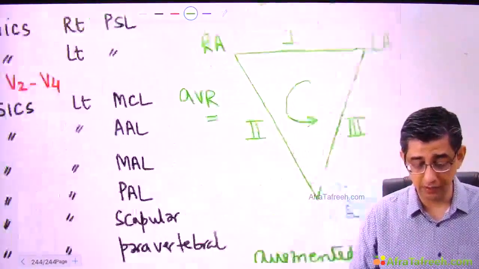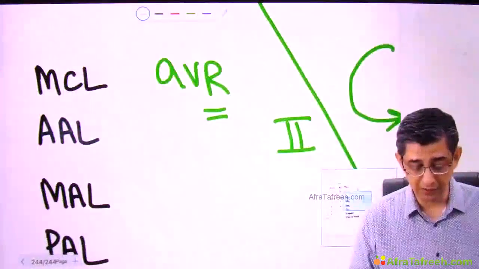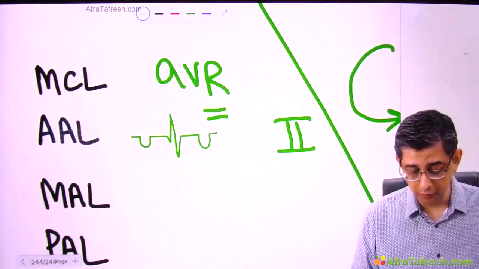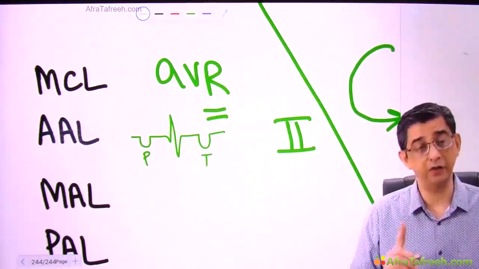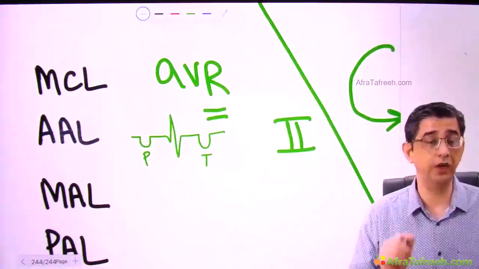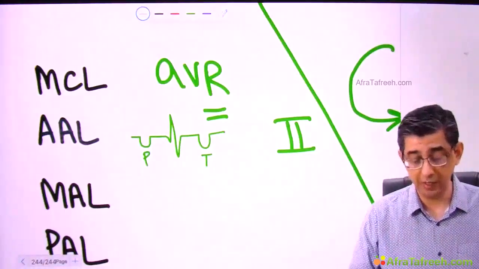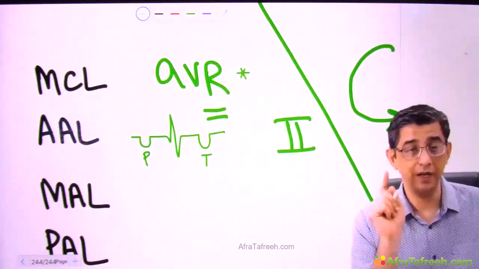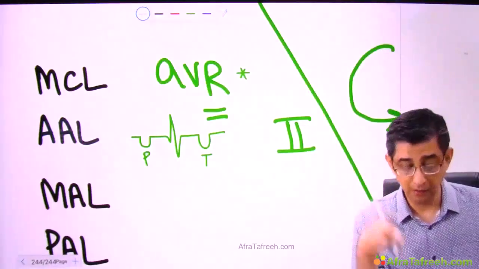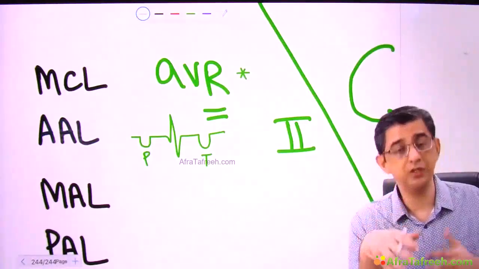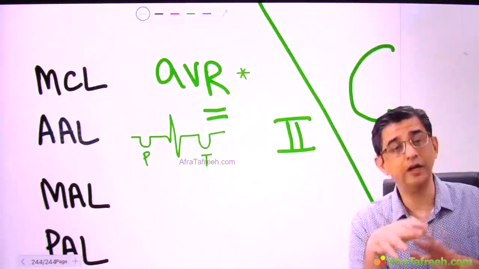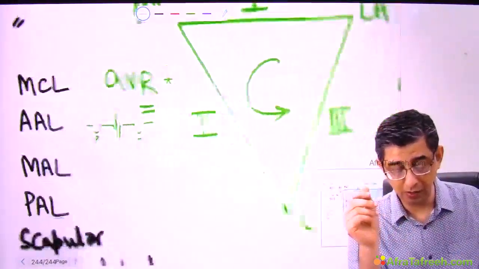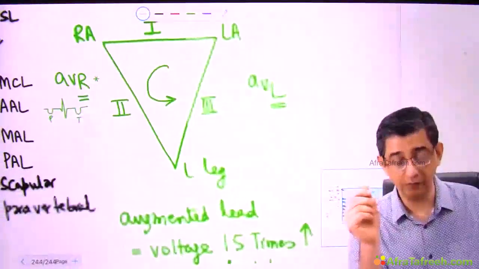One of the highlights of lead number AVR is that the first wave of the ECG, the P wave, and the last wave of the ECG, the T wave, are negative. You will always notice that P and T are upright waves, but when it comes to AVR, it is going to be ulta, it's going to be reverse. So lots of times, like in pericarditis literature, you will hear me saying ST elevation in all except AVR. Why? Because AVR is physiologically placed in such a fashion that it will read all the data inverse of whatever data is coming in the routine leads. So AVR is going to study the right atria per se and not the right ventricle.